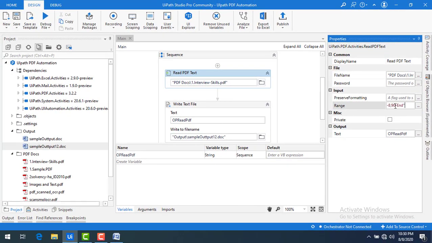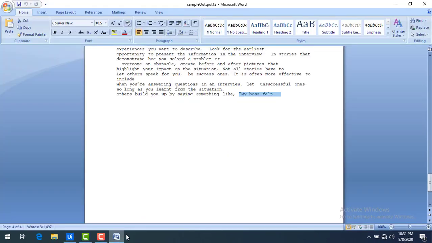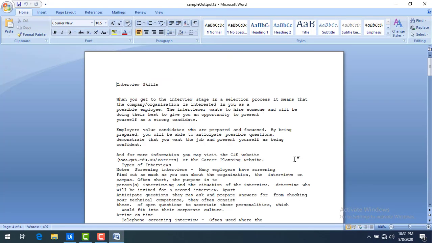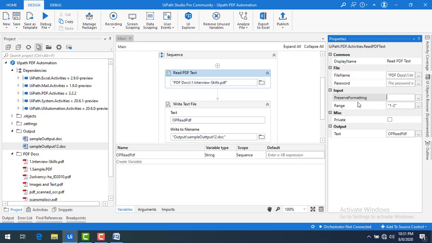Now, I'm not doing all these things, I'm just giving you an example over here. If you want, you can make it a practice. Okay, now we'll see about the preserve formatting. So preserve formatting is nothing but, if you see, these entire pages are not in the format I want, I want to keep it in a format way. How can I do that? By default, this is false. If you're not mentioning anything, this is false.